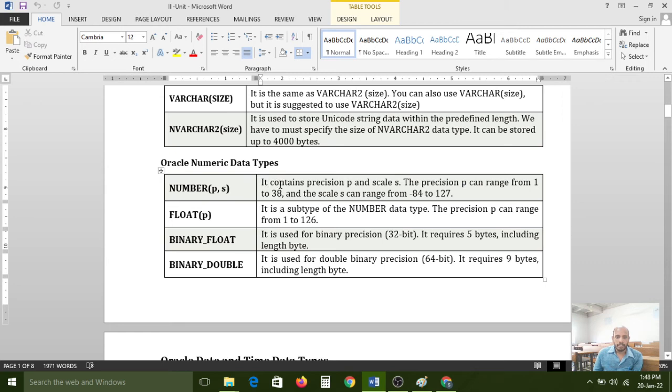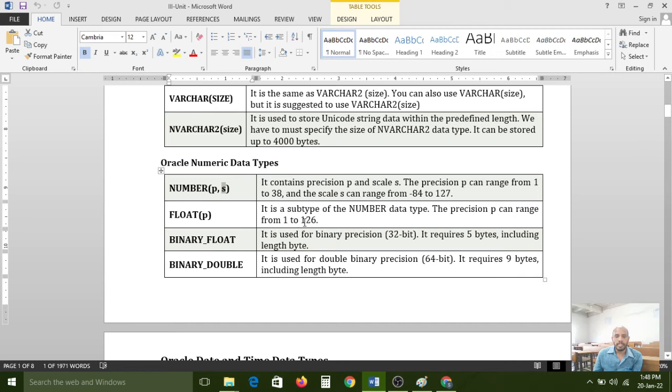The number data type contains precision P and scale S. The precision P can range from 1 to 38, and scale S can range from -84 to 127. That is the given range.